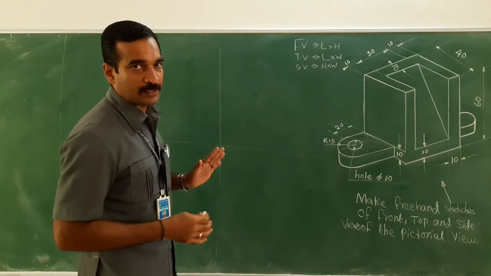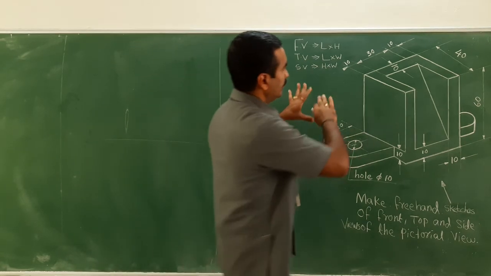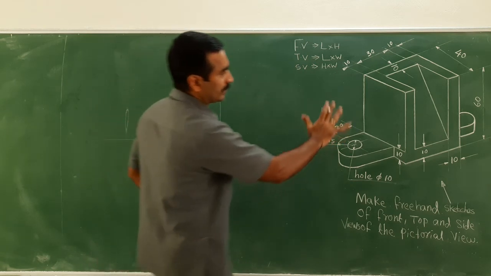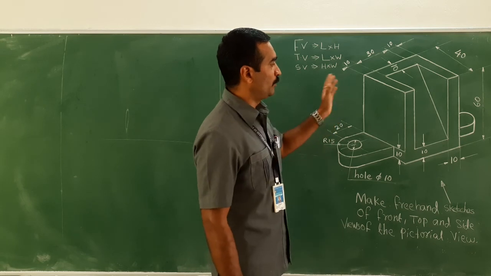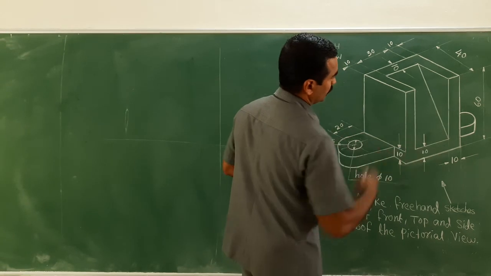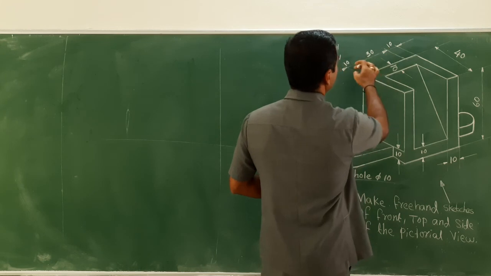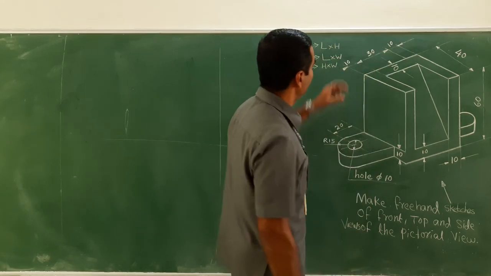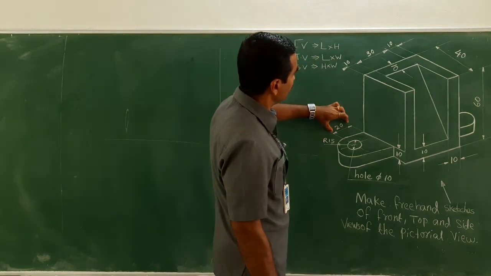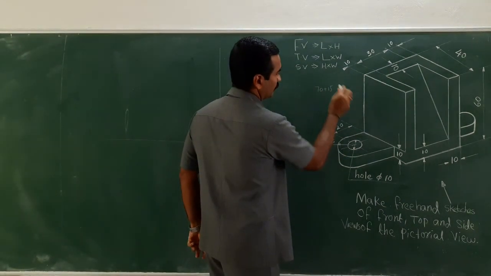First, let me construct the box so that we can develop all the lines or frame the lines and construct the lines to get the actual view of front, top and side views. So let me just measure the length for the front view. Here it is 50, 10 plus 30 plus 10, that is 50, then plus 20, 70 plus 15, 70 plus 15 for this side.